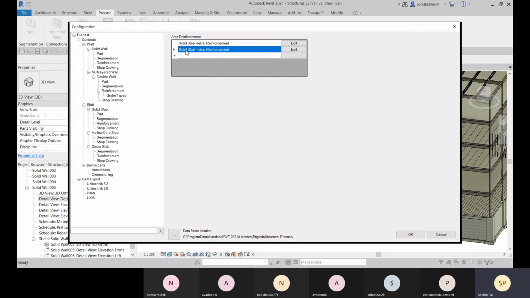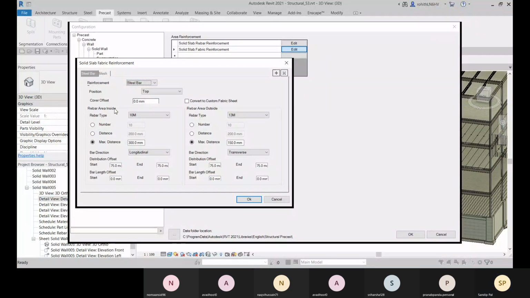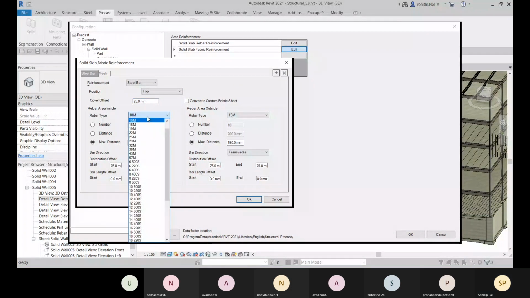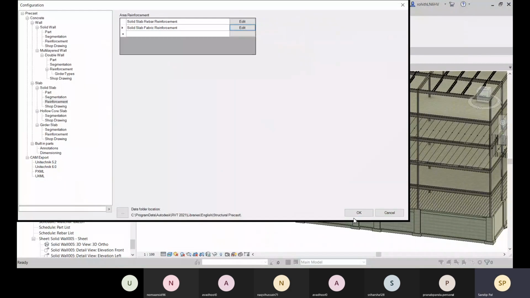So you can go for this solid slab fabric reinforcement. You can choose the position, top or bottom, the cover offset, the maximum distance. I'm going with this default, and now let me click on OK.